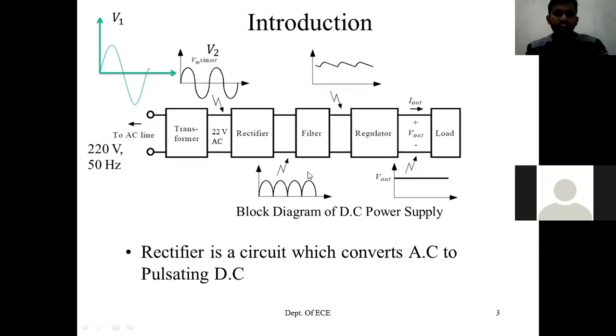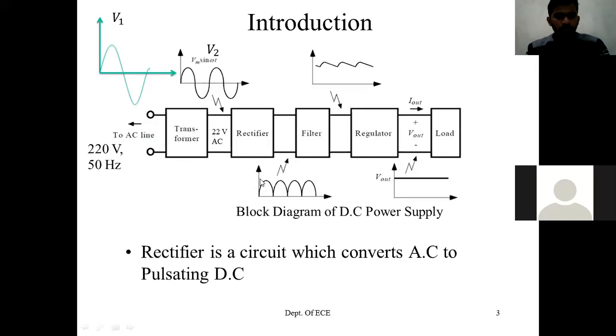The rectifier output is not pure DC. It has some AC components, and those AC components we call ripples. If any output wave has some shape like this, then we say it has some ripples or AC components. In any of the videos you follow, ripples and AC components are the same. The only thing is, ripples means it has some wave shape like this.